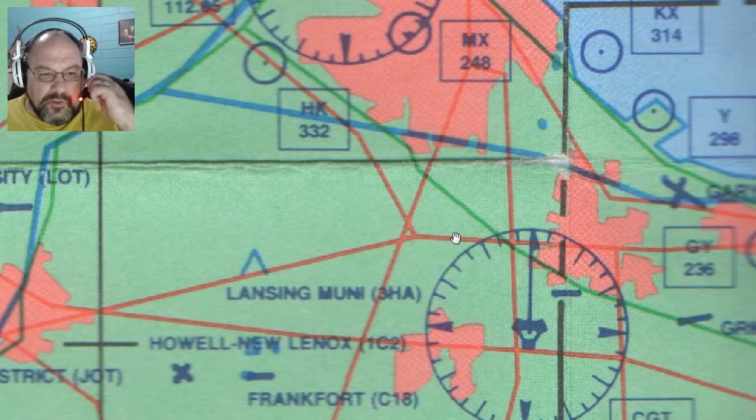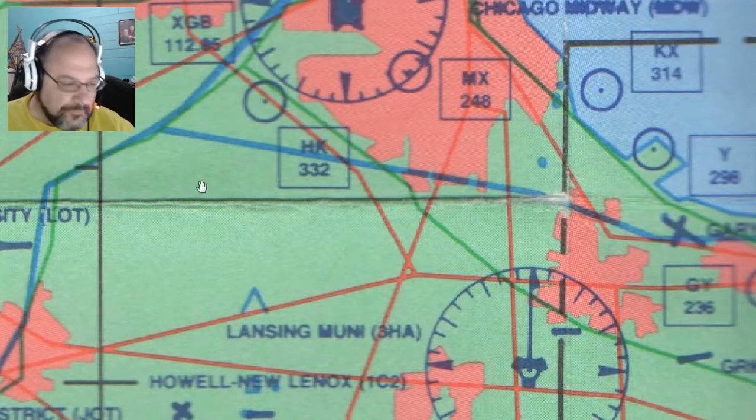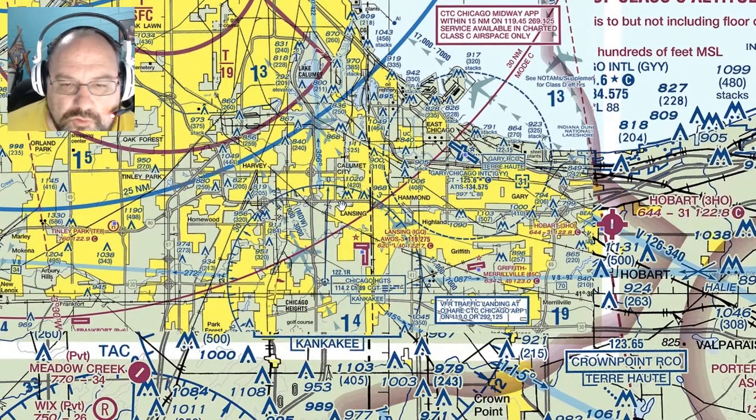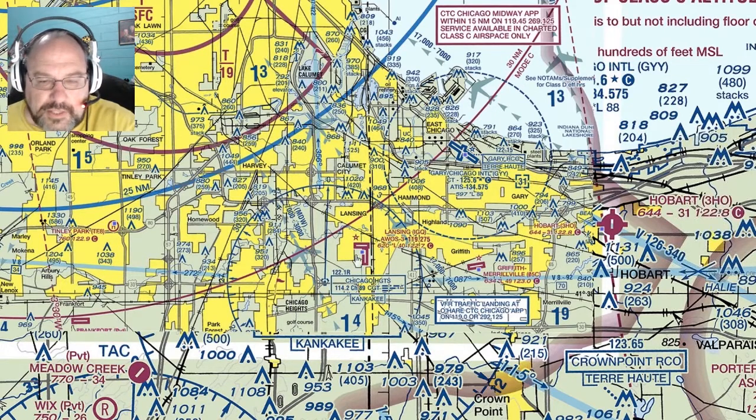So let's pull up a real NavAid chart, and let's compare that to what we have here. So here's an actual navigational chart. I went to airnav.com and picked the Lansing airport and just brought up a sectional chart. So that's what we're looking at here. And Lansing,